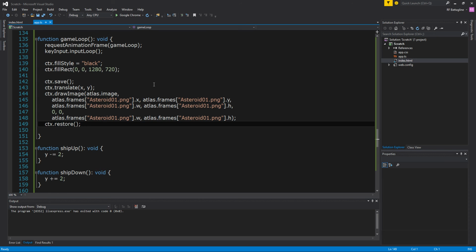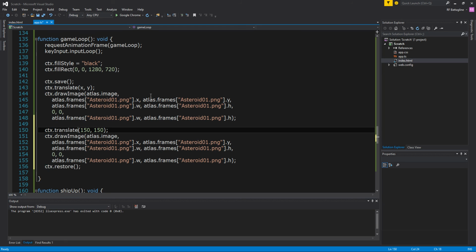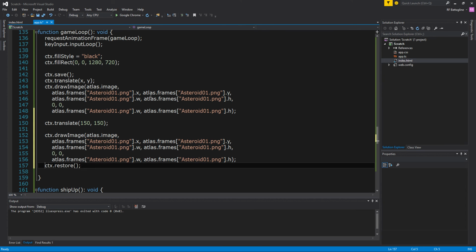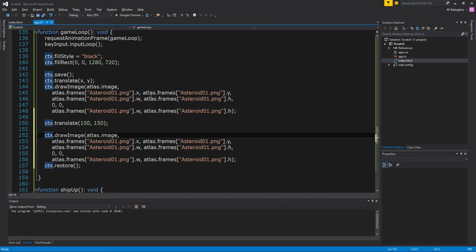We're just going to draw this a little further down. Actually, you know, yeah, we'll draw this a little further down. So we'll translate that an additional 150 pixels. Now, this isn't going to be rendering it at 150, 150. This is actually going to be rendering it 150 pixels to the right and 150 pixels below where the asteroid is rendered. And the reason is we're not doing a context save and restore. I could just have that rendering at a fixed spot, but I'm going to do it this way. And I'm just going to demonstrate